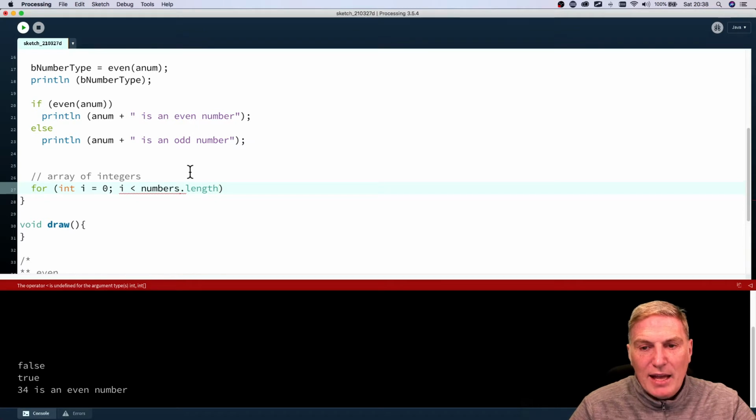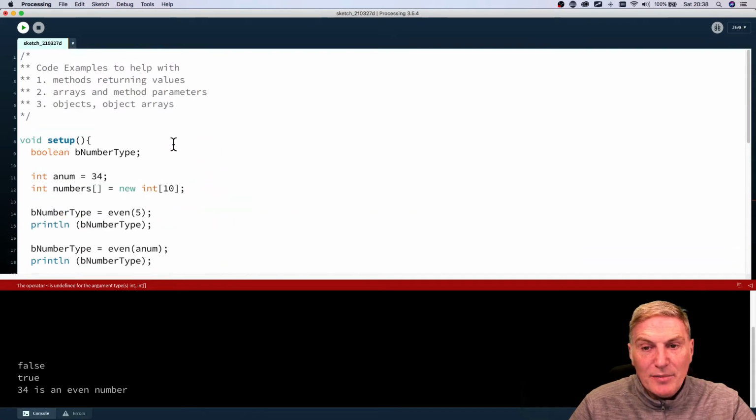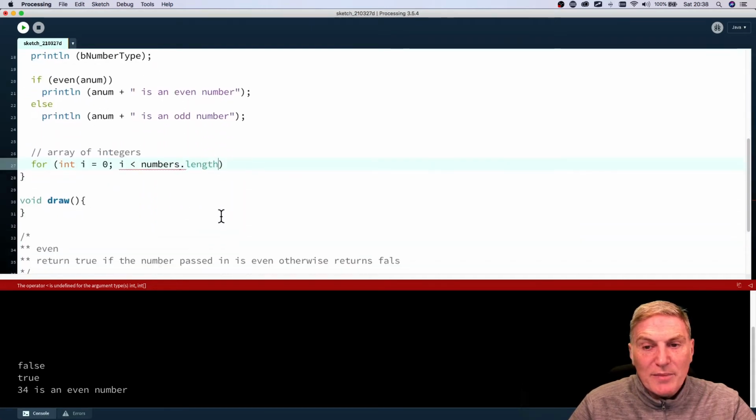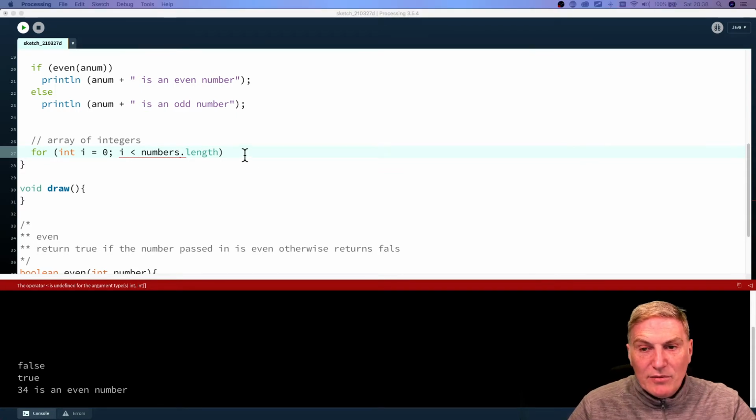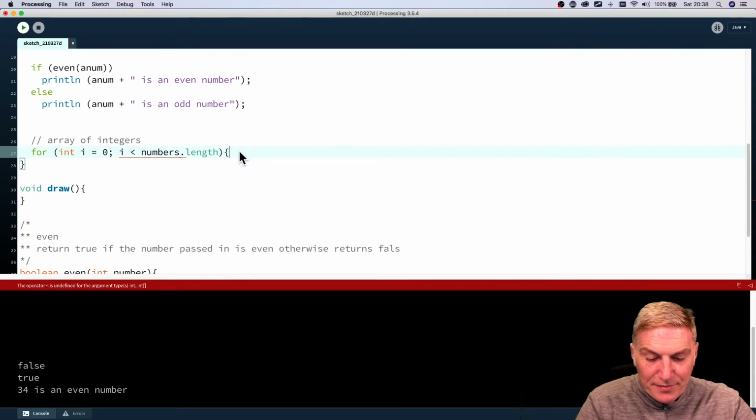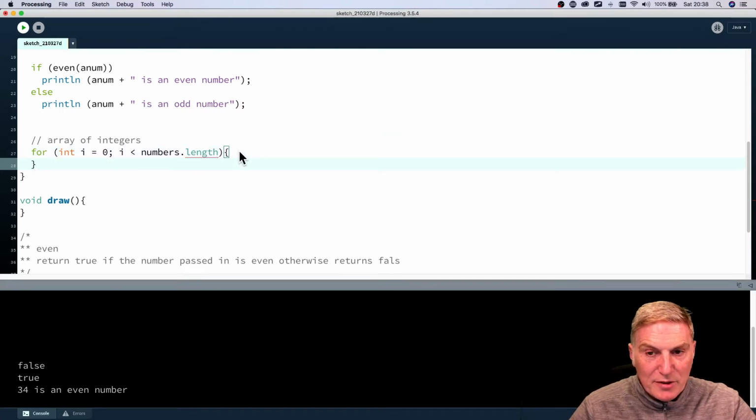You could have said in this case for i assigned the value 0, i less than 10, and that would work as well. But by using length, if you decide to change the size of the array at the top up here, you don't have to worry about updating your code. So this is a better way of writing your code. It's more generic, more flexible. So we're going to write a for loop, and inside the for loop,